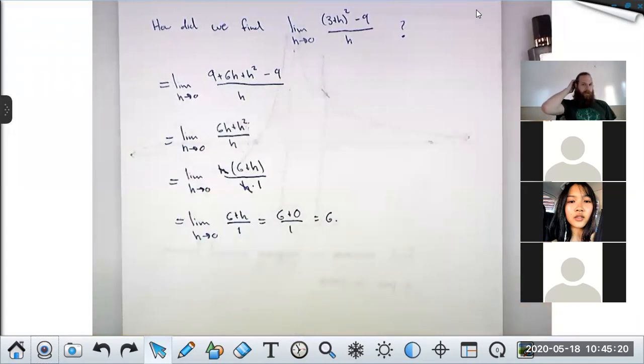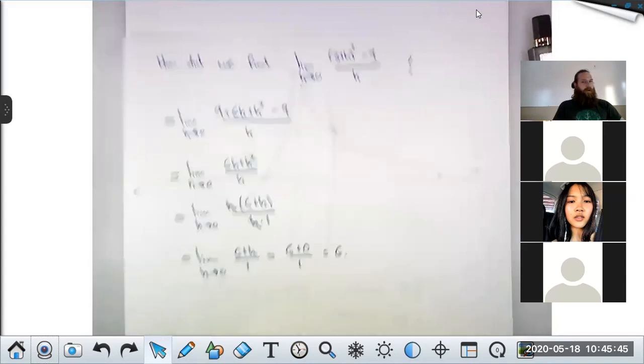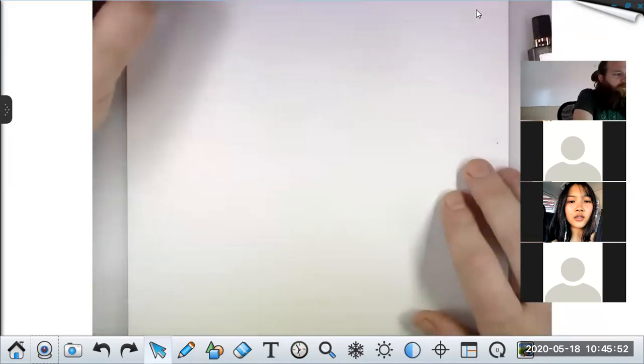So that's the basic process: whatever factor in the bottom is going to 0, you need to cancel that in order to take your limit. And so the next few problems I'm going to look at are all going to be like this in nature, where we're going to have to do some sneaky algebra in order to cancel a problem factor from the denominator. Then we'll be able to take our limit by plugging in. So the first new one I'd like to look at, if you want to see this again in careful detail, just go back to the video from last Friday. I would like to look at